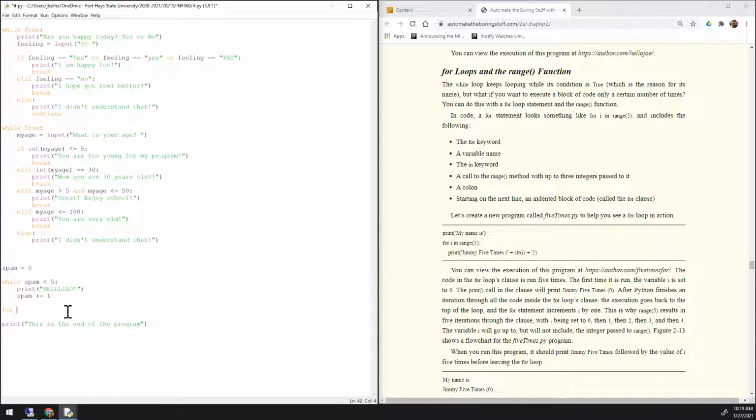So for this particular one, we're just going to use the range function. And so we're going to say for x, which means just a number. A lot of times you'll see for i. It doesn't matter what you use here. You're just setting a variable name. When you get in here, you're going to have for i in range. Now this range command takes 3 different parts. For example, we're going to start at 0. And for now, we're just going to say 10. For i in range of 0 to 10, print